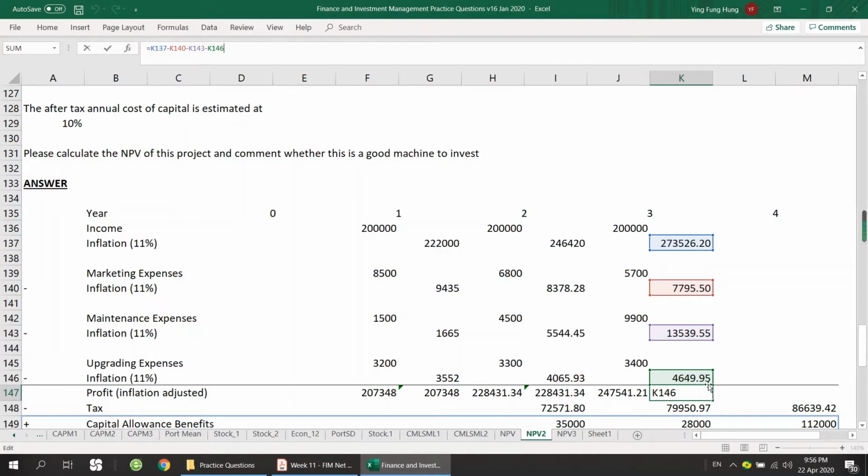And then we pop this in the calculator. This will give us the same answer of